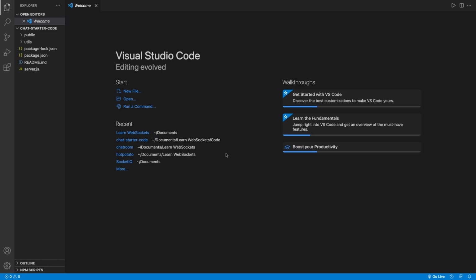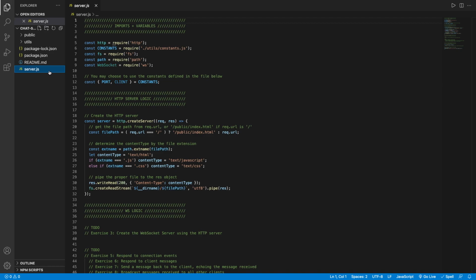Before we start the lesson, let's take a moment to explore the starter code that has been provided for us. Let's first look at server.js. This is the file where you will be creating your WebSockets server, receiving messages from clients and sending messages back